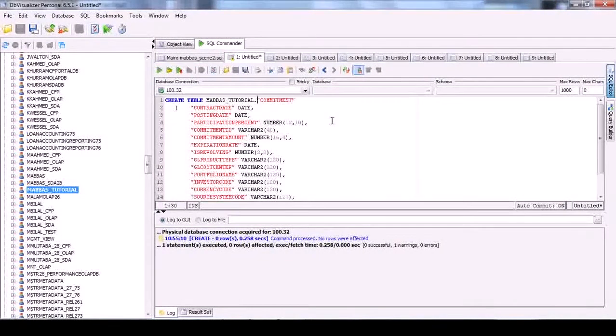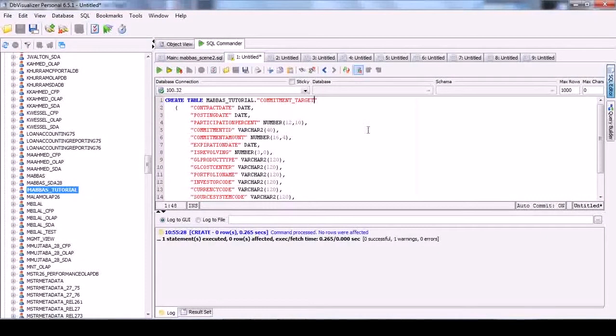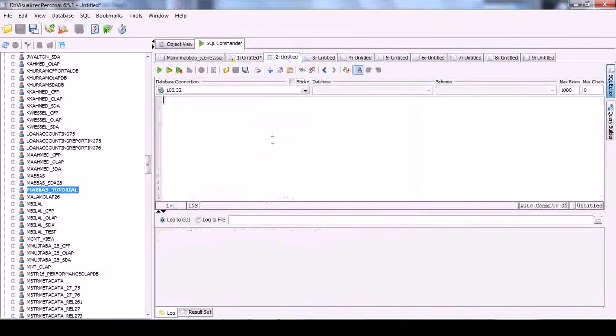Okay, so we have the database table created. Now we are also creating one more table with a changed table name. So let's make it commitment underscore target. Okay, so now we will be having two tables.